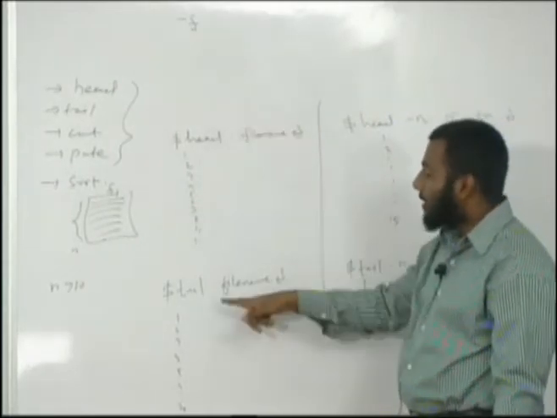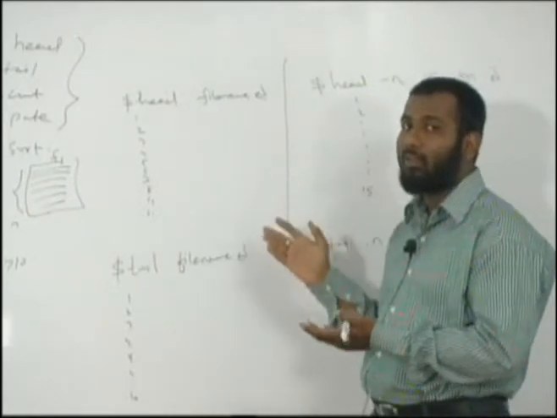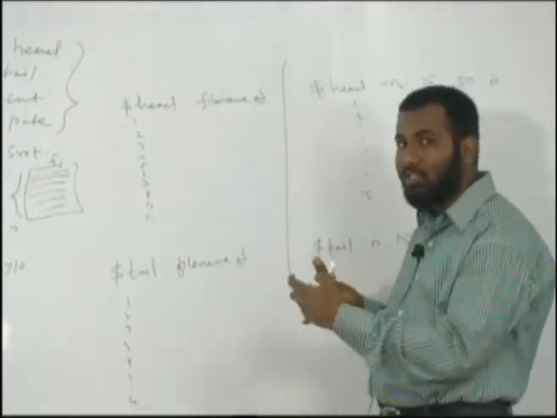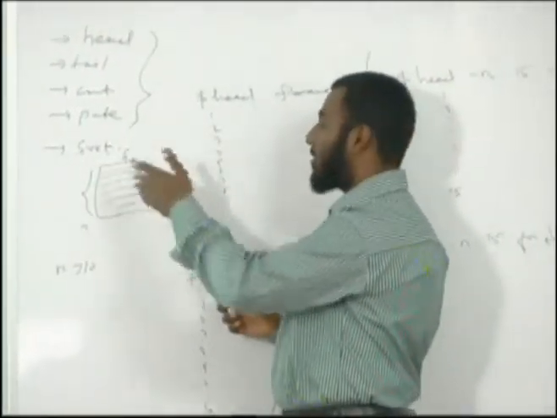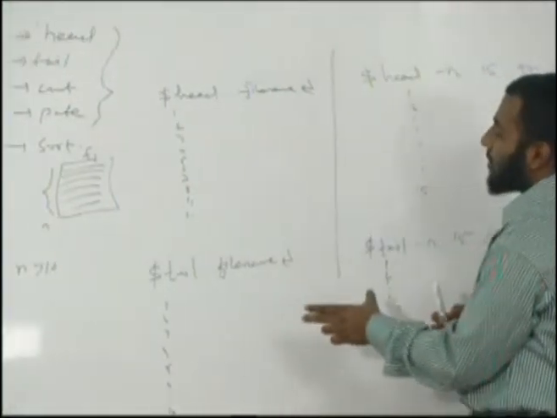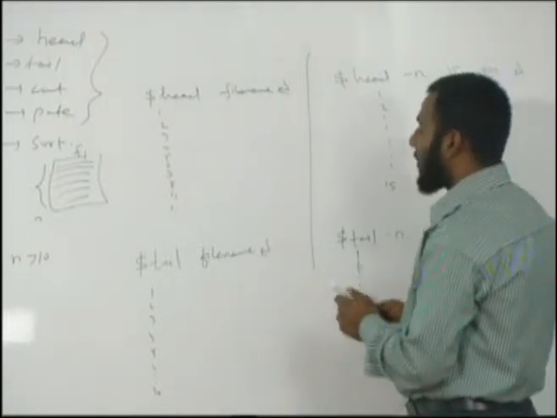So why the tail command? Because nobody is interested in the beginning part of the log file. We will be interested only in the end of the log file, because all the modifications which are written to the log file will be appended. It is not inserted in the middle or in the beginning. So we can use the tail command with option F to see the growth of a file. Now let us see how to do that.